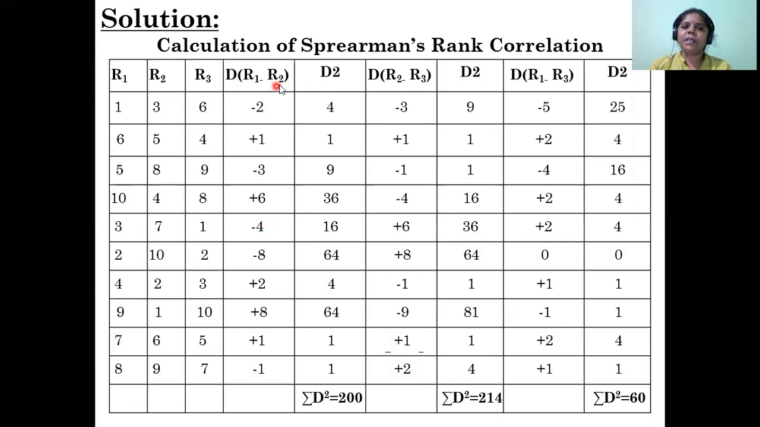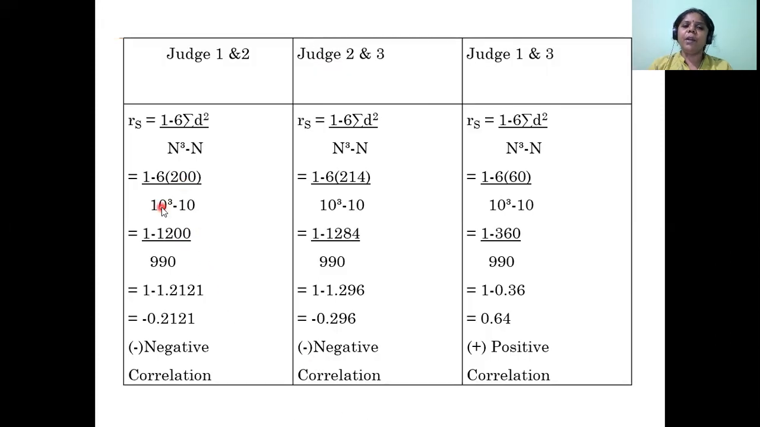See here, first and second judge. How much we got here? 200. So 200 divided by n cube minus n, where n is the number of items. Number of items is 10. So 10 cube minus 10. Now 1 minus 6 into 200, 1200, divided by 10 into 10 into 10, 1000 minus 10, 990. So 1 minus 1200 divided by 990, you will get